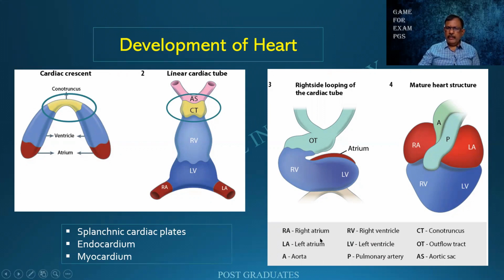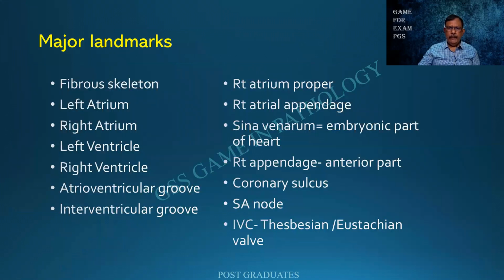These are the various abbreviations. You people can kindly follow these diagrams, which I have sorted with great pain. The heart itself has some kind of a fibrous skeleton. That is why it does not collapse like an intestine. I am not going into the chambers. There is a groove between the atrium and the ventricle and between the ventricles themselves. And there are the various structures that are there. There is something called a right atrial appendage and a left atrial appendage. The left atrial appendage will be important for sampling.